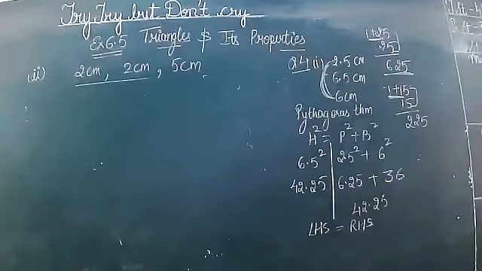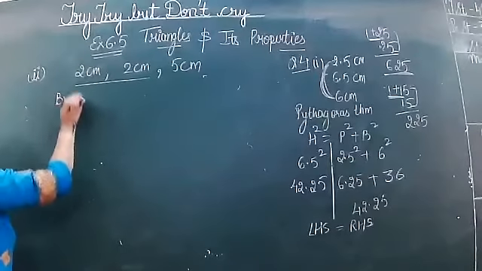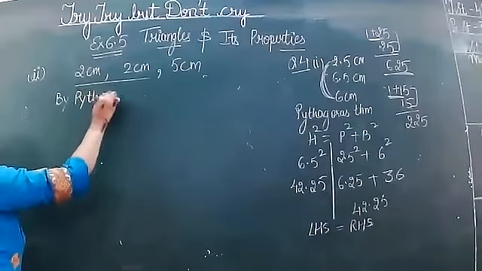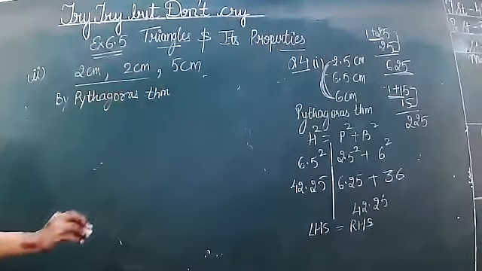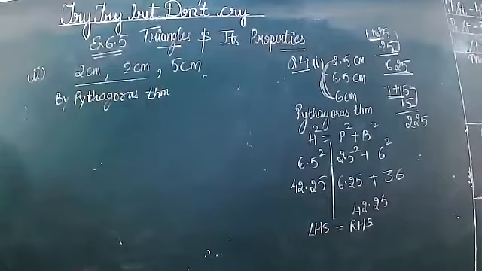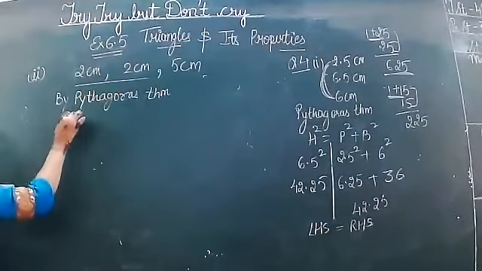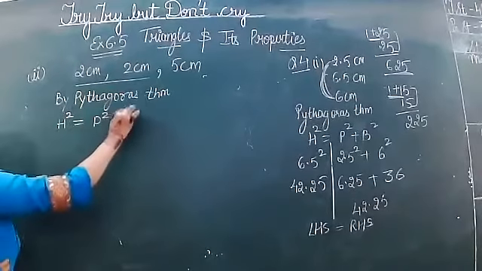Show the question. Actually, they are talking about the right angle triangle, and this thing is about all types of triangle. This is applicable to all types of triangle, but we will go with the right angle triangle first because the question is about the right angle triangle. What will you do? You will use the Pythagoras theorem. H square is equal to P square plus B square.